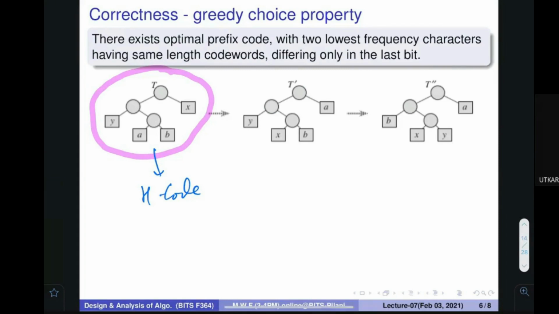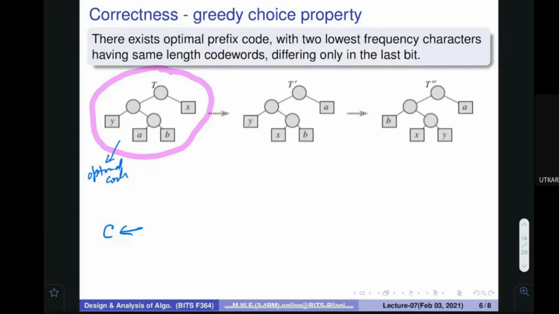Let's assume that you give me this code, and this is not the Huffman code. Let's assume you come up with some other method. You tell me, sir, this is also a good code for the given C, it is also an optimal code. Let's assume that you come up with some code like this, where we ask who are the two minimum ones.